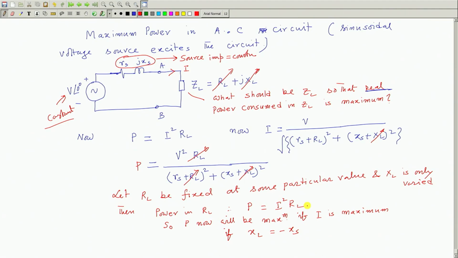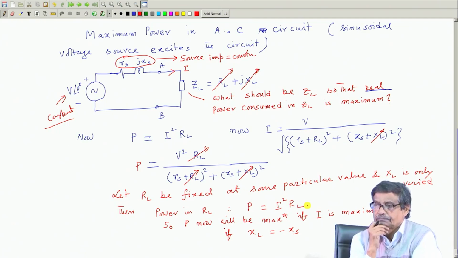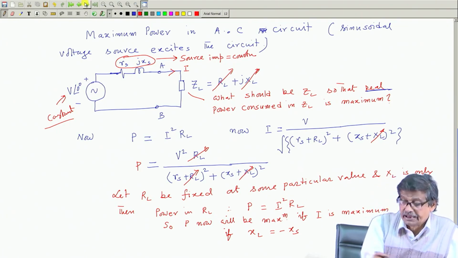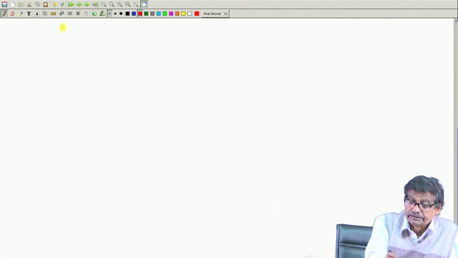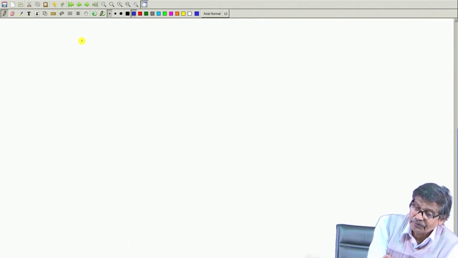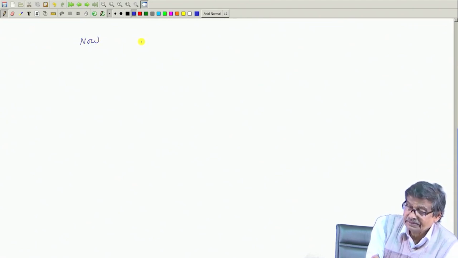Now, to maximize the current, no matter what is the value of RL, XL must be set to minus XS. So, I then conclude that here, now I then write that. Now, what we have got? In the circuit,